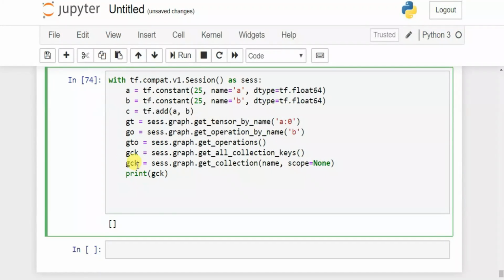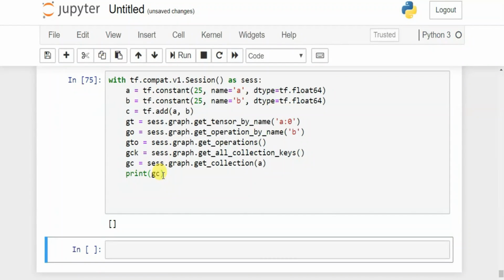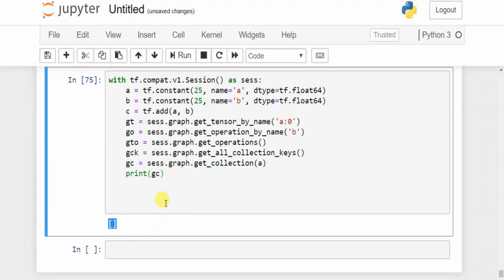So scope is none by default, so let's pass the name. We don't have any name, so let's try to pass A. So let's try GC get collection. Okay, you can see we still got an empty list because we don't have any collection. We are gonna talk more in a later video about what a collection is and how to use it, but for now you can just learn how to use this function.